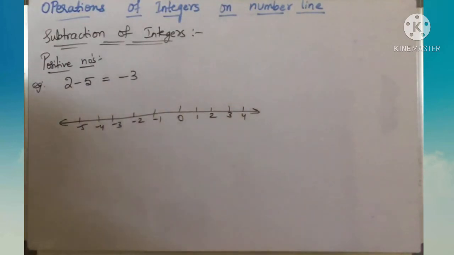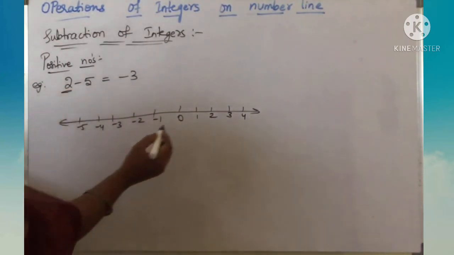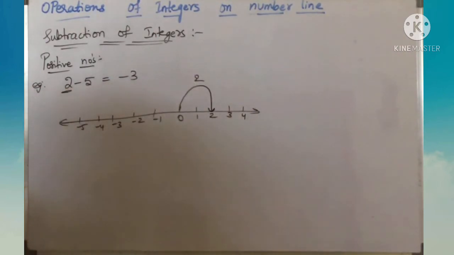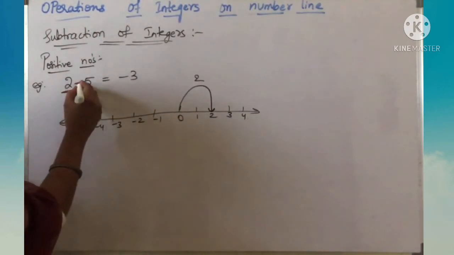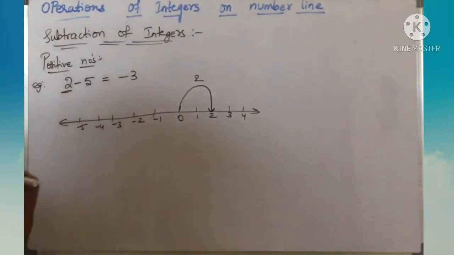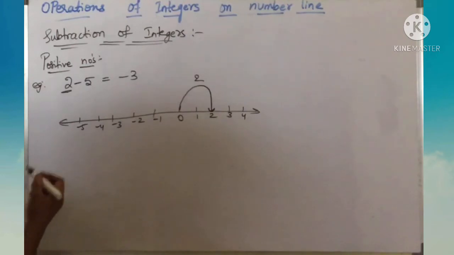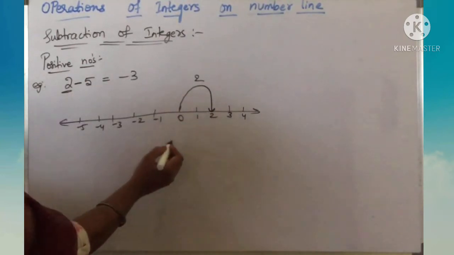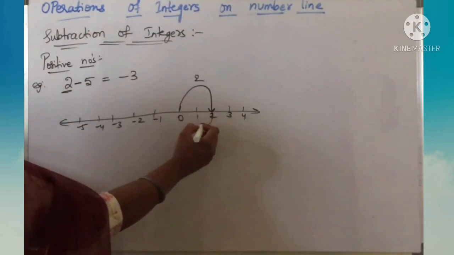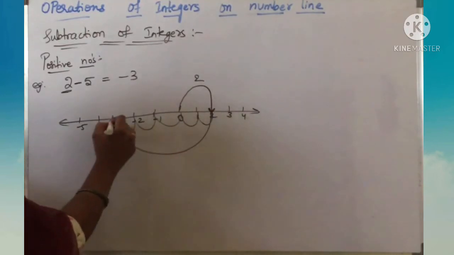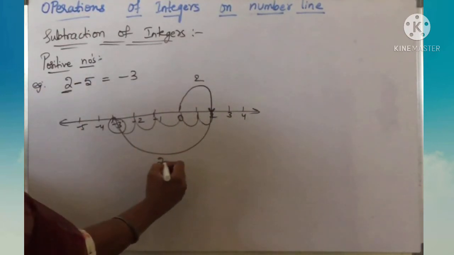So we will do on the number line. Right? So here first to locate 2 on the number line. How to locate 2? 0 to 2. This is 2. Then move 5 places to the left. Why we should move to left? Because it is minus. We are subtracting. When you are adding, you should move to right side. When you are subtracting, you should move to left side. So here I will go left, minus 5 down so that you will not get confused, children. So minus 5 means 5 places I will go to left side from down. Here 1, 2, 3, 4, 5. So finally you will get minus 3. This one is 2 minus 5.